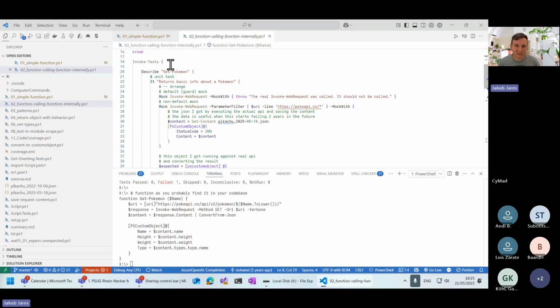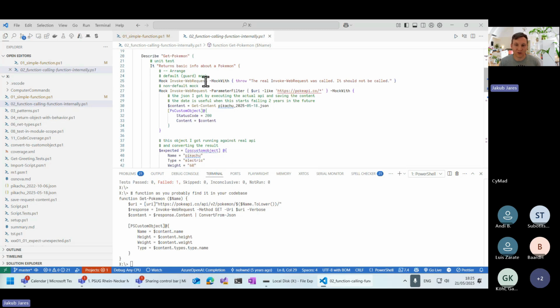So let's look at the test. I call it Get-Pokemon, and I say it returns the basic info about a Pokemon. First thing I want to do is create a mock for Invoke-WebRequest, and I don't give it any parameter filter. I say, if I ever reach this mock, just throw an exception because I don't want to call the real